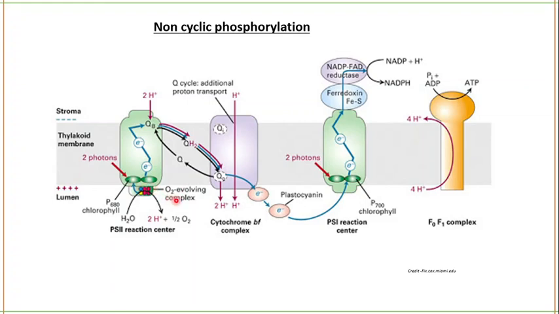But manganese undergoes 5 cycles. Manganese is most stable in the S0 form. Okay, it is in S0 form. It is most stable. When this manganese loses the electrons, the oxygen evolving complex becomes unstable and it reaches S4. In S0 it is most stable. In S4 form it is most unstable, and now it wants to regain its stability, and in order to regain its stability, manganese will cause the photolysis of water.